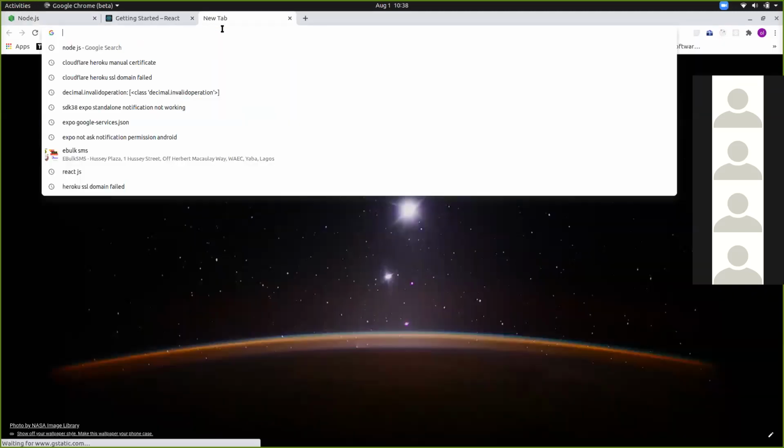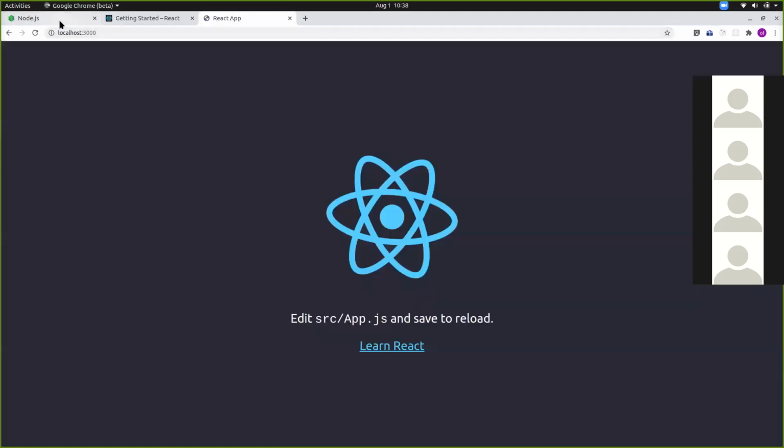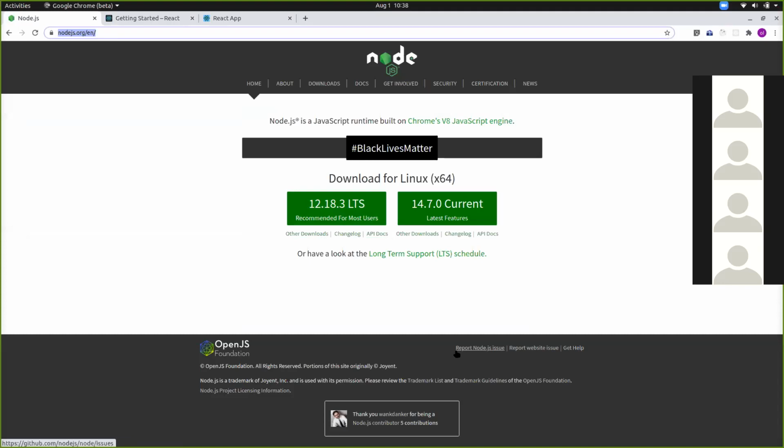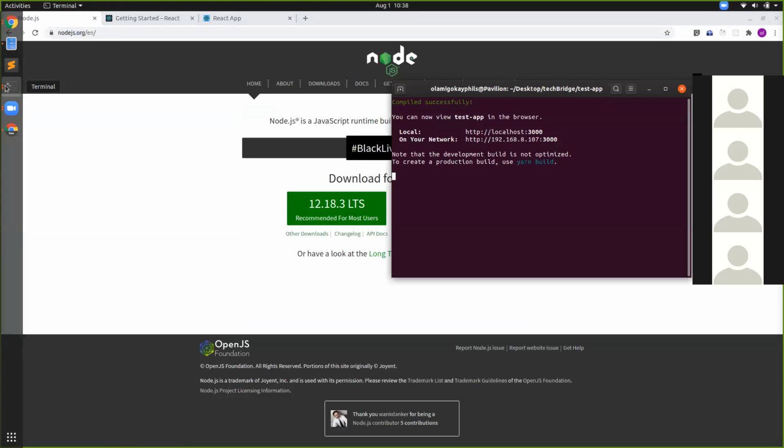was to install Node.js on our system. All right. Node.js, go to nodejs.org or search for Node.js on Google. Download the appropriate one for your system and install it. Once you've installed it, from inside of your terminal,